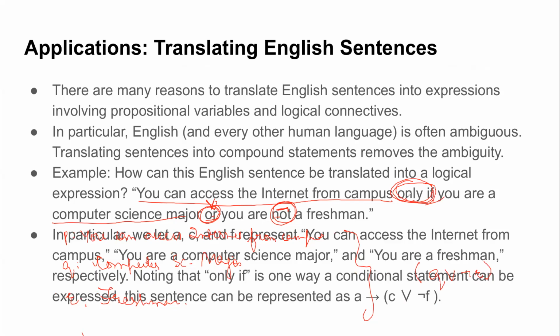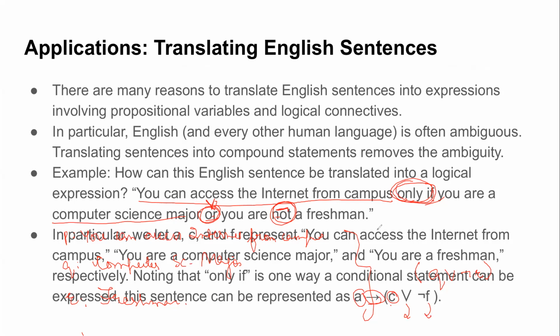Great. So this is what we can have: you can access internet only if you are a computer science major or you are not a freshman, right? So that's correct, Ankita. Implication is represented by, okay, so there are a number of examples you can practice, but